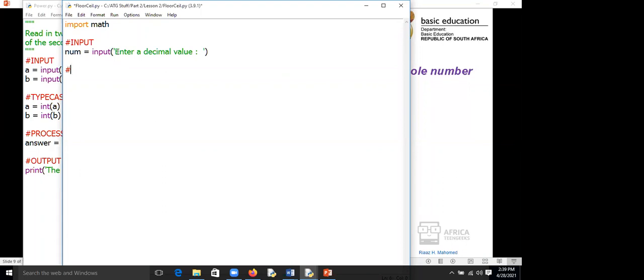I need to typecast it. And it needs to be a decimal or real value, and in Python it's called a float. So we typecast it as float num. Okay, so we're done with that. Then we actually have our processing. All right, so let's go there. With regards to our processing, what exactly we're going to do,